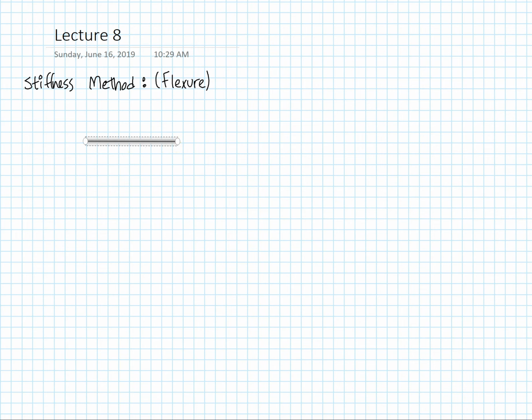And suppose we have a beam that looks like this, and it has two rotational degrees of freedom at either end. This is the first one, and this is the second one. Because this is a 2-degree of freedom system, we get a local stiffness matrix that is 2 by 2. So we have Kij is equal to